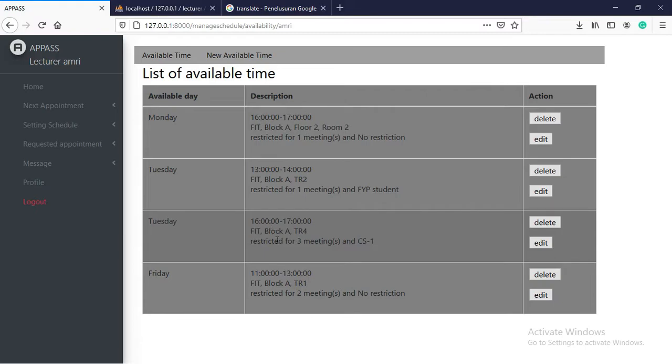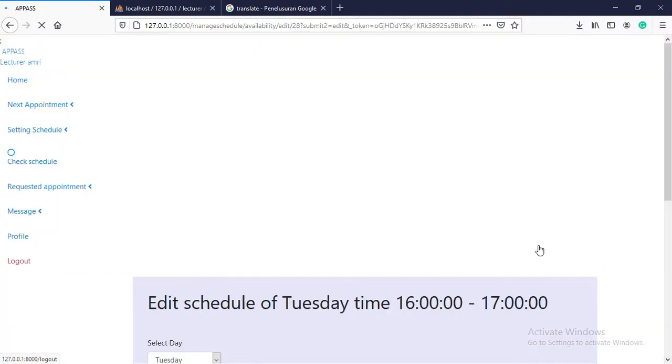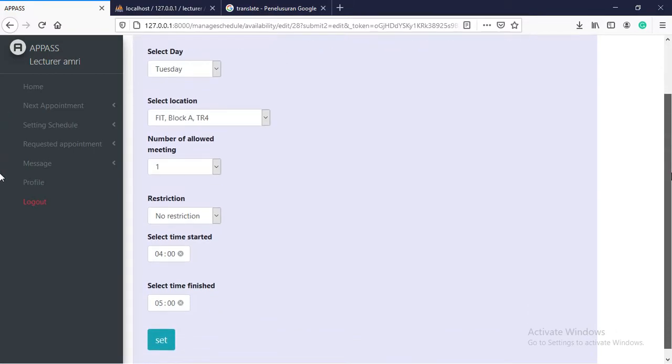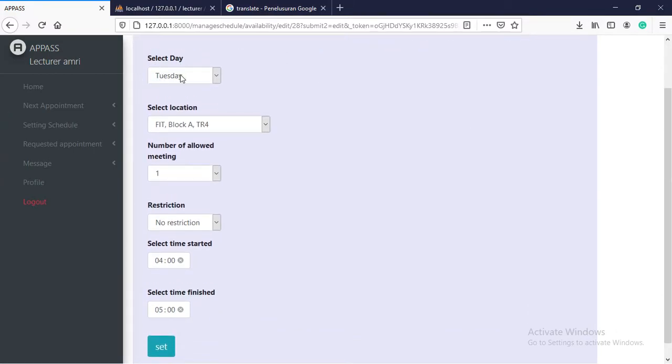So this is the new one, from 4 until 5, restricted for 3 meetings, and for the CS1 group, CS group 1. And if the lecturer wants to edit this available time, just click here, and then the lecturer may be able to select day, change the day, change the location, number, meeting, and just say that he wants to make it for CS1